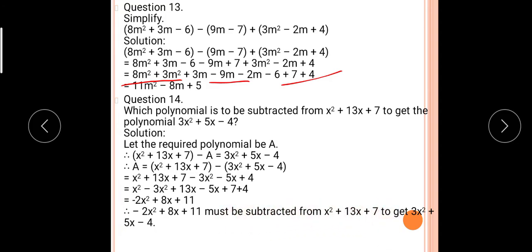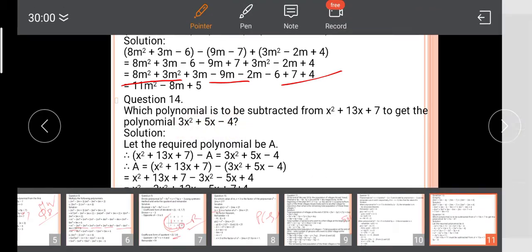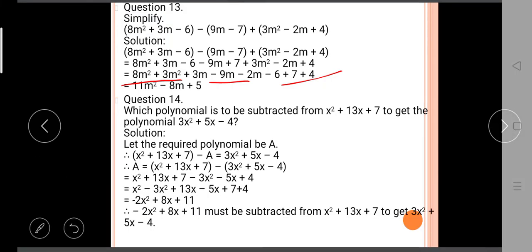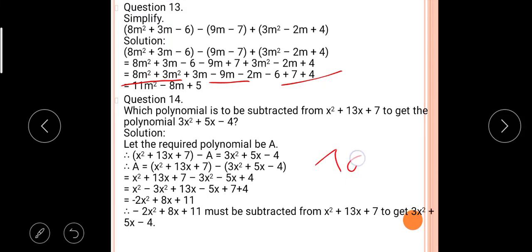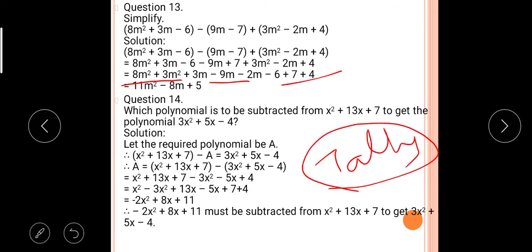How to tally your answer? Now subtract this question's answer from this. You will get this polynomial. Okay. So what is your homework? Tally your answer. Tally means whatever answer you have, you have to use it in the given condition. Okay, means which polynomial is subtracted, subtract this answer from the given polynomial. Your answer should be this polynomial. Okay,